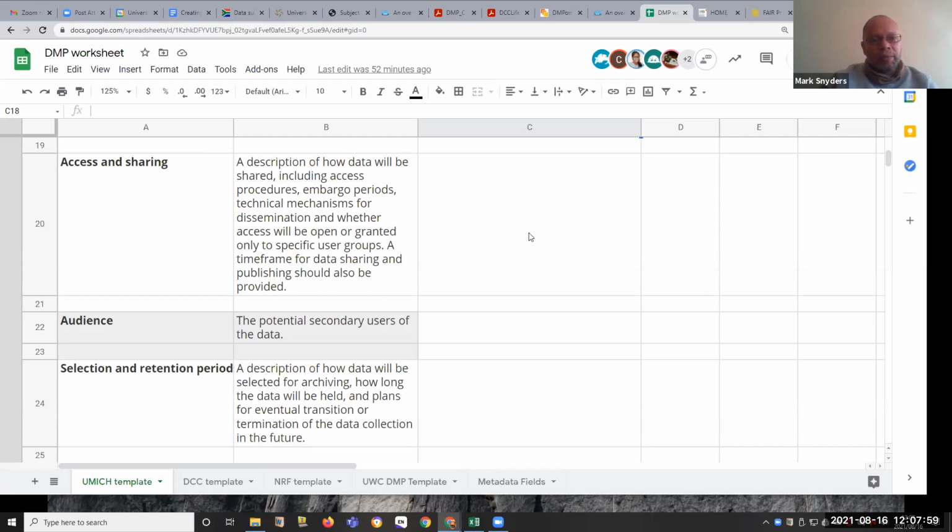Okay, access and sharing. As far as access and sharing is concerned, this is where you would indicate what kind of storage facility you are using. If your data is going to be published or has been published, you can add the DOI to it to explain that the data is going to be made public. And then in terms of sharing or embargo periods, you can indicate how you would share your data. So sharing your data would be through a data facility, a research data storage facility, such as Kikapu, as well as indicate whether or not an embargo period is applicable.